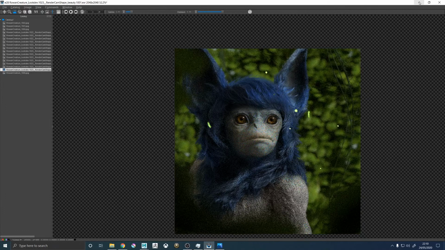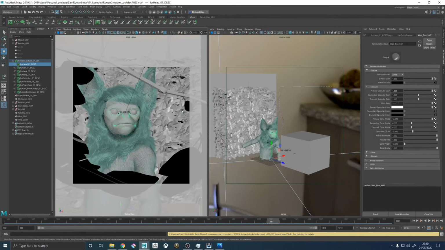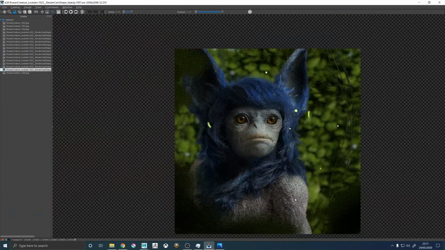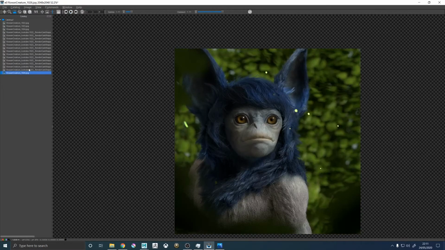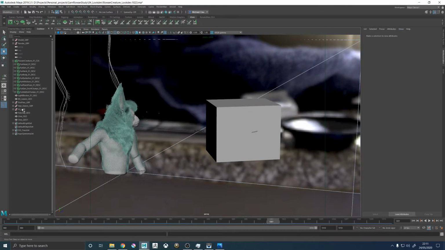So if you guys want to be disgusted in me, and Becca, this is a nice trick if you ever want to force something. So if you like the way a thing looks, you don't want to move your camera, but you want something to be more in focus, and there is no middle ground. Currently, if we look at the render, there is nothing that connects visually the foreground leaves to the background or middle ground, right? So what I can do is select everything that's in the foreground, which is